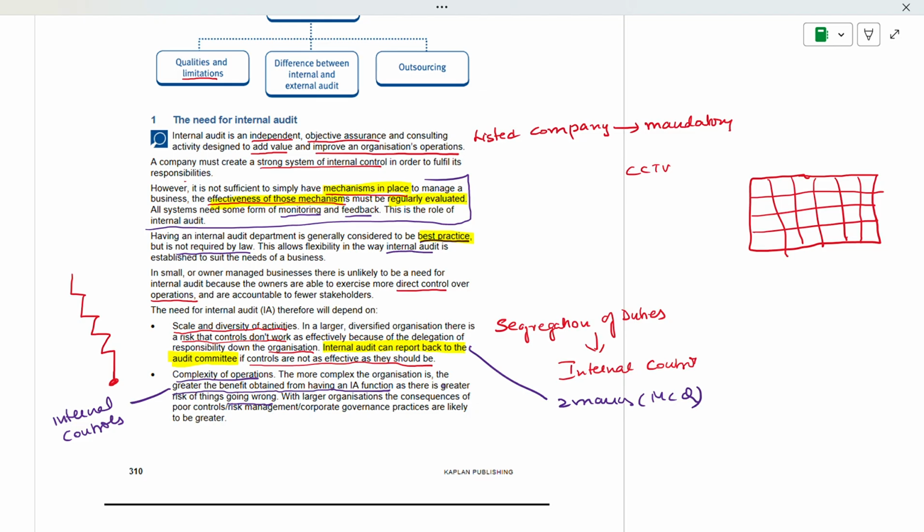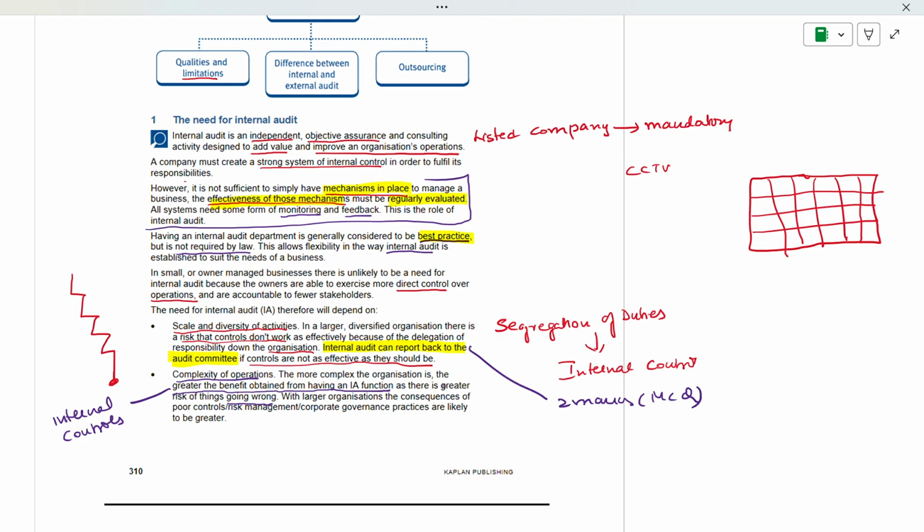Think you are doing the business. You will say no cash, only swiping machines. You don't have cash handling, minimum cash handling. What will happen? You link that swiping machine to your mobile phone. Whatever the cash collection is, you will have a record on your mobile. That is a simple process of internal controls.